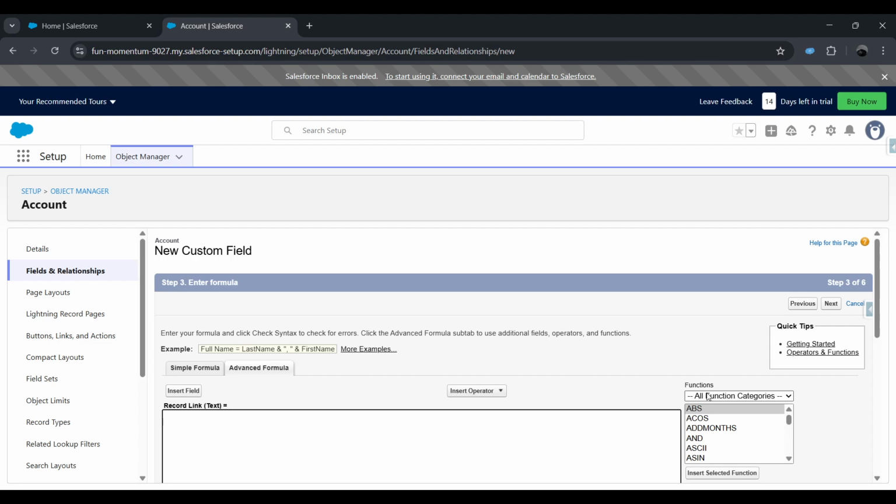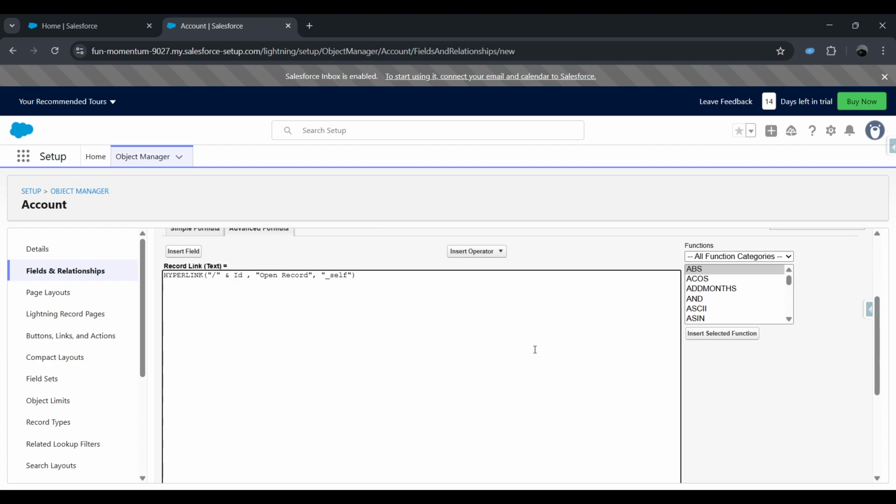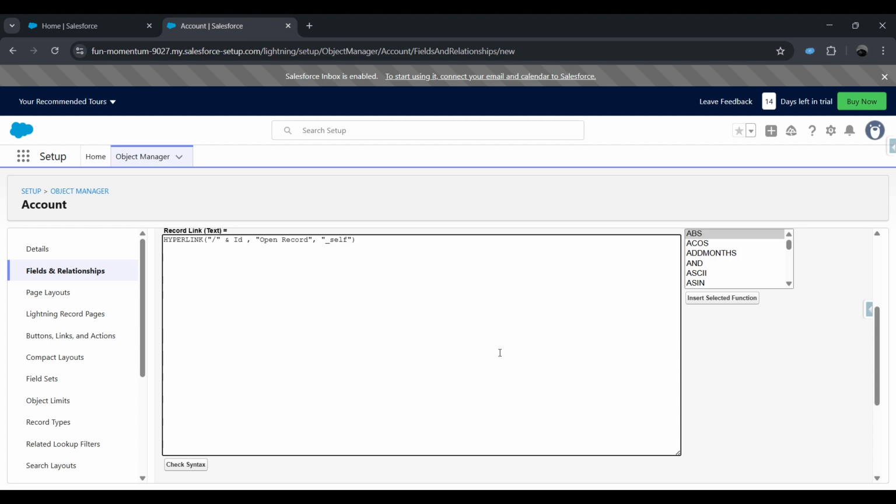Click into the Formula Editor text box. This is where you'll define exactly what your dynamic link does and how it behaves. Enter this formula: HYPERLINK("/" & Id, "Open Record", "_self"). This formula creates a hyperlink using the record's unique ID, labels it as Open Record, and ensures it opens in